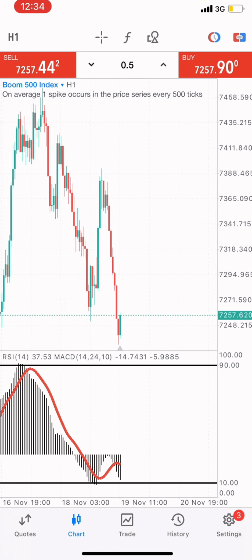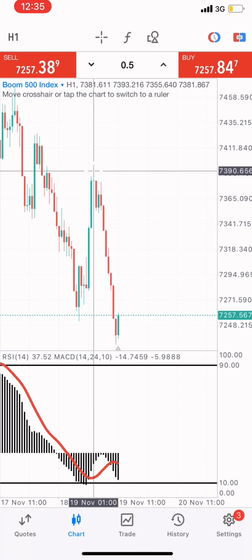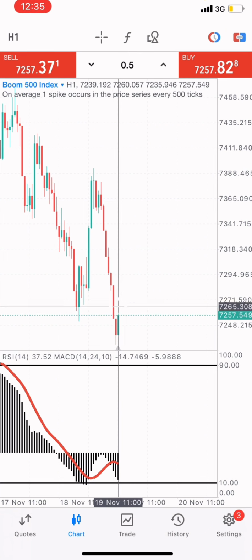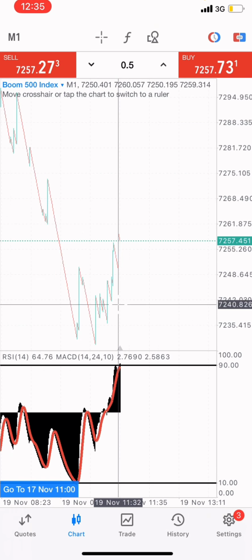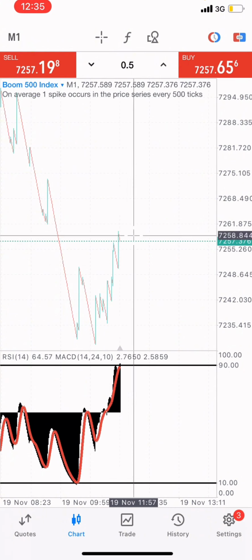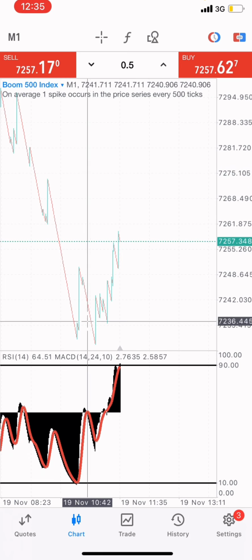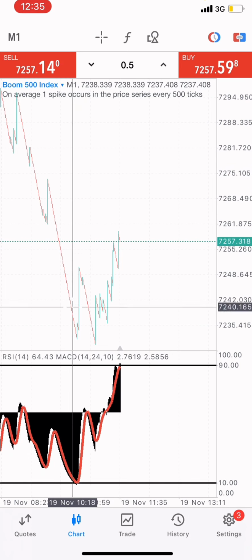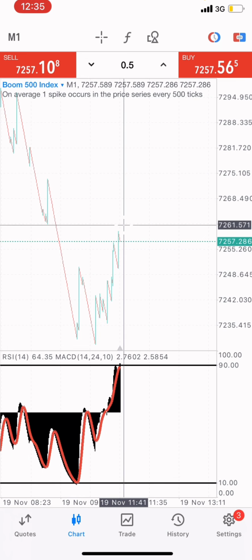1 hour time frame. So what I'm seeing right here is that the market has sold for a long period of time, so we're expecting multiple spikes on this market. This market should spike for a long period of time, going towards the upward trend. The market has already sold to this point, so it's time for this market to buy. All right,